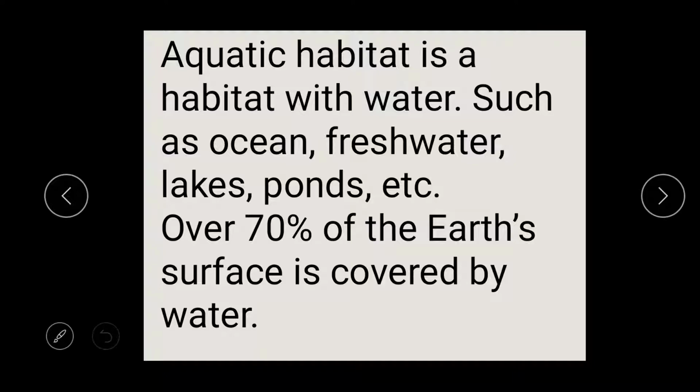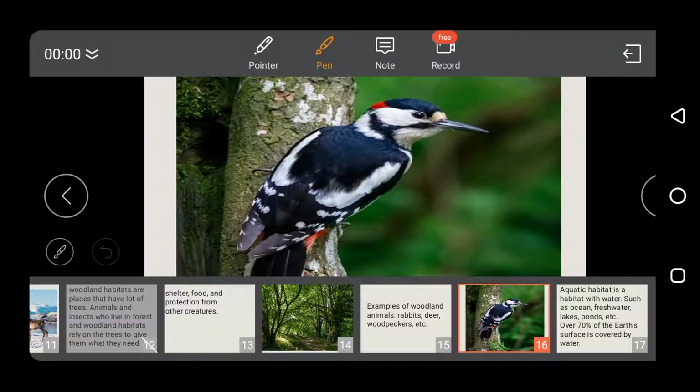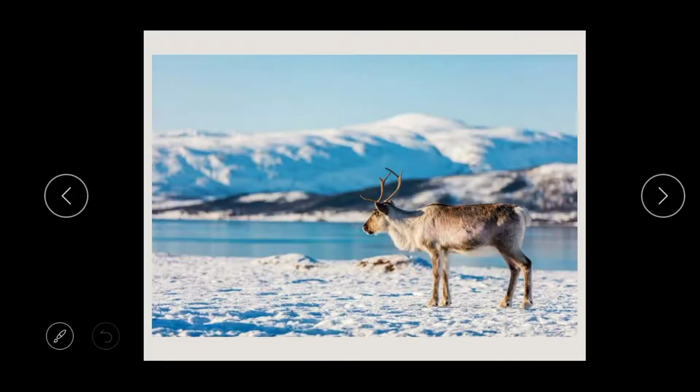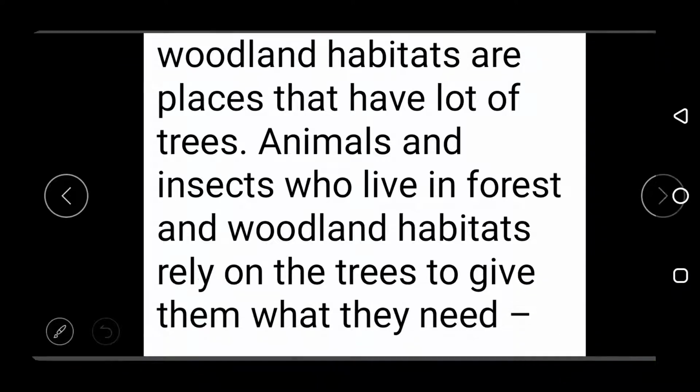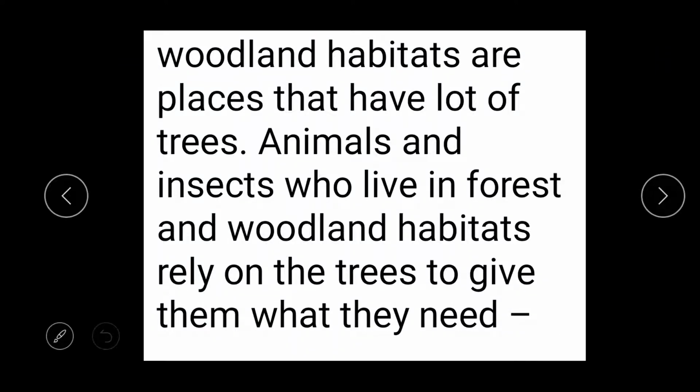But before I talk about the aquatic habitat, let's do a quick review of what the woodland habitat is. I said woodland habitat are places that have lots of trees. Okay, and woodland habitat are also called the forest. In the woodland habitat, the animals and insects there, they rely on what?